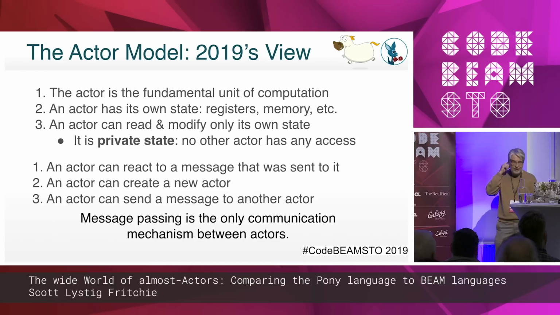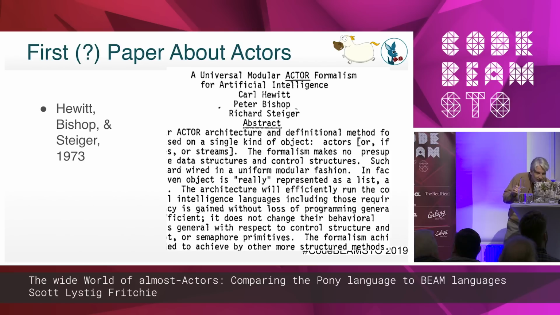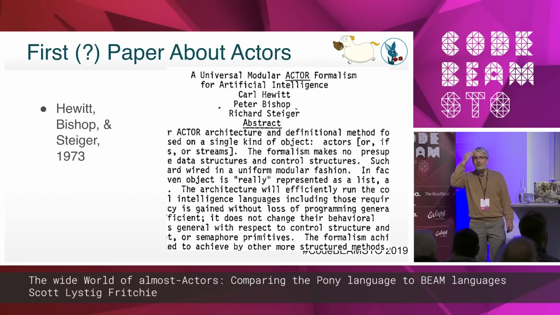So the actor model actually has a long history that goes back to 1973. Hewitt, Bishop and Steiger had published this paper, Universal Modular Actor Formalism for Artificial Intelligence. I think all three of them were from MIT. I'm not 100% sure. This is a paper that if practitioners today read and you get to the end, you're like, do you know what the actor model is? And the answer is no.